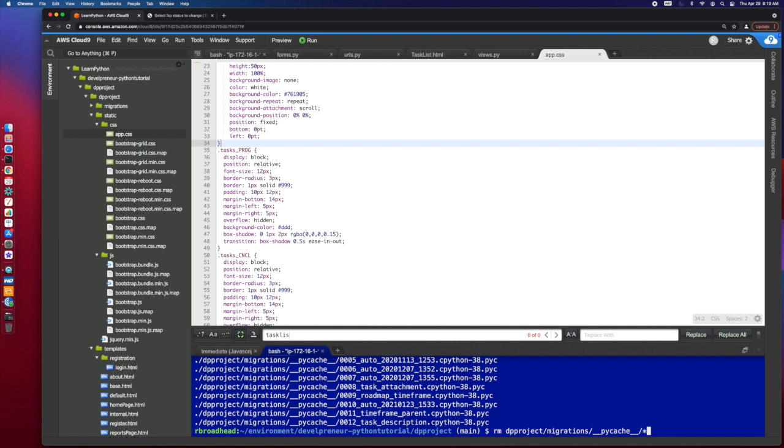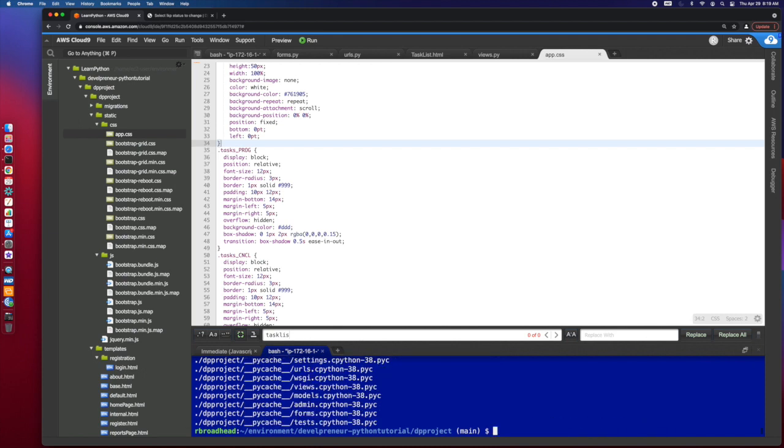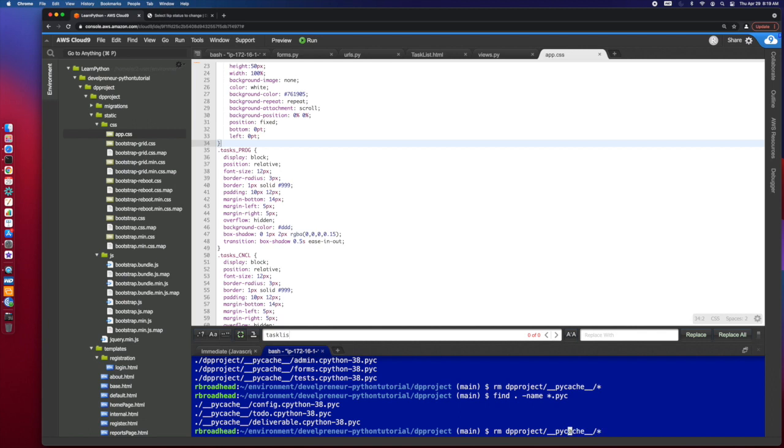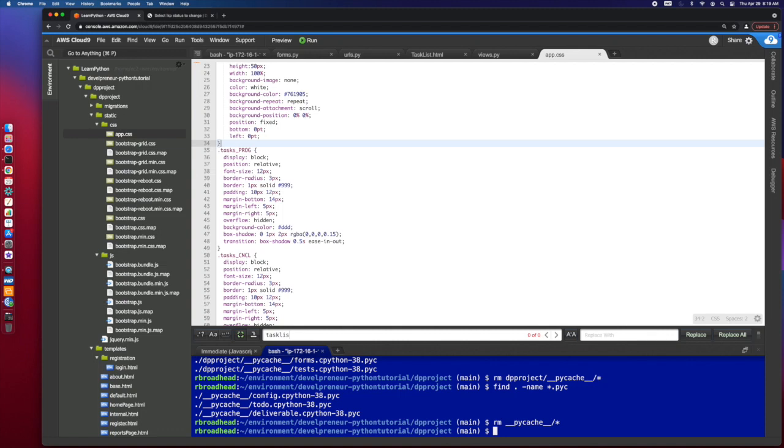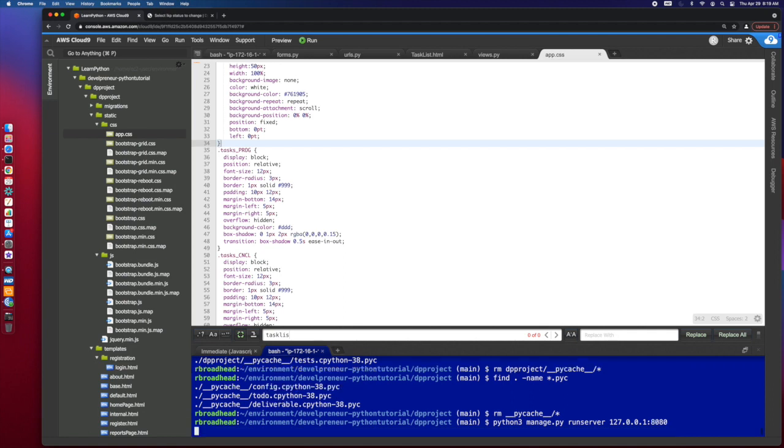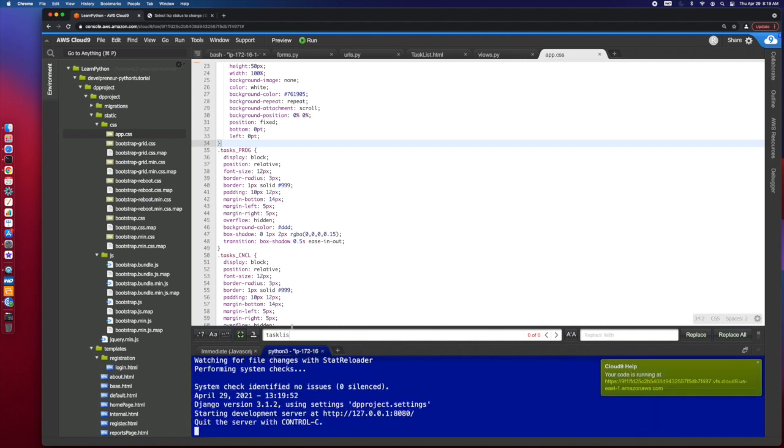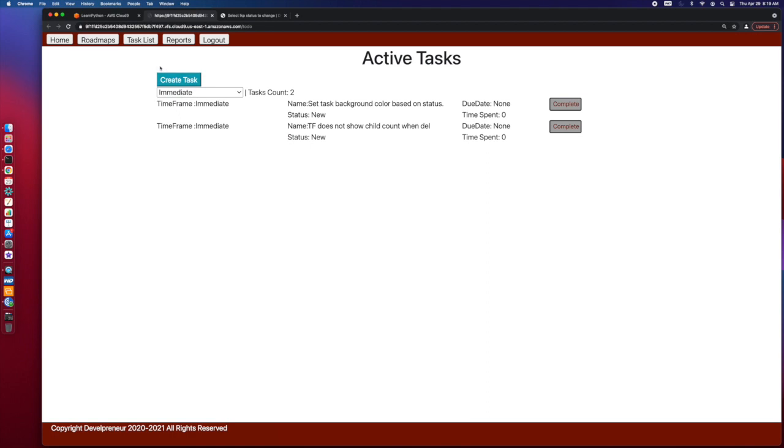PyCache star, and then we need the regular one, and then the one that's here. Okay, so now let's try to run it. It's still not picking those up, but for right now,